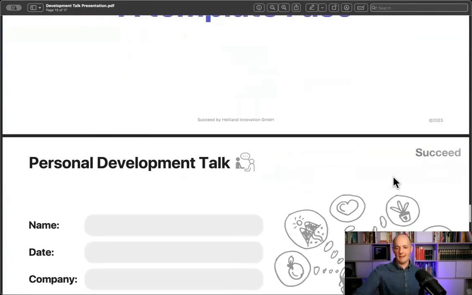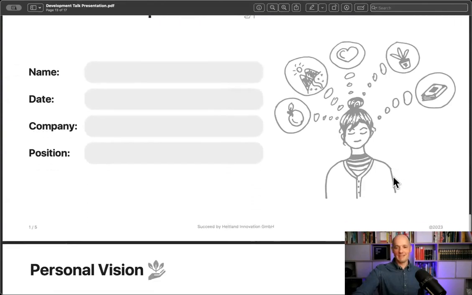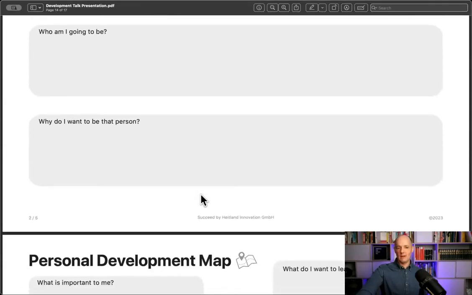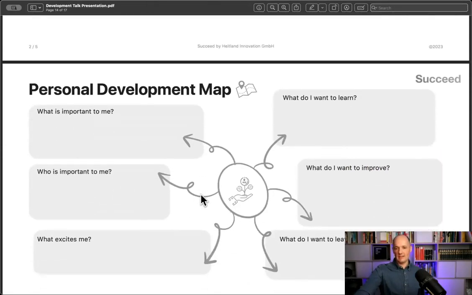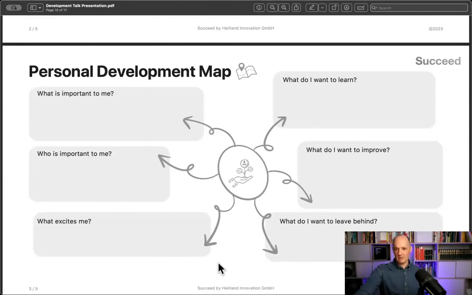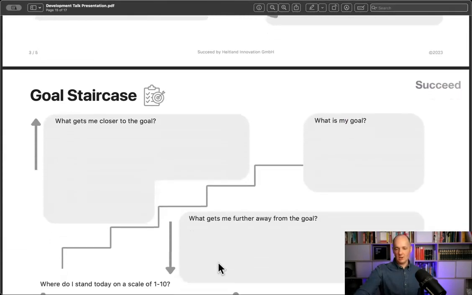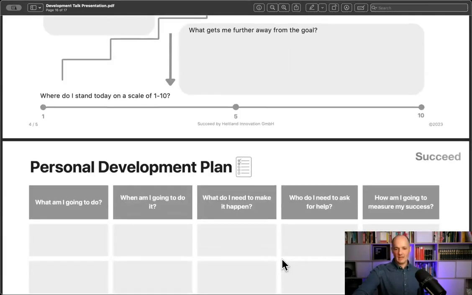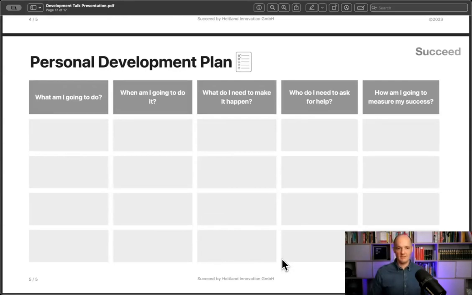I have an ugly template, which I always use. It is really a personal perspective. Who am I going to be? Why do I want to be that person? And then the other things, all the questions we have gone through as well. And then the goal, I call this the gold staircase from a Canvas perspective, where you go upstairs or slide down, and where you have as well the rating. I often give that to them afterwards so that they can do it for themselves. Or depending if we have done it already a couple of times, I'm printing it out and give it to them. And then this is as well just a very easy, almost Excel table that helps people to understand what I mean.